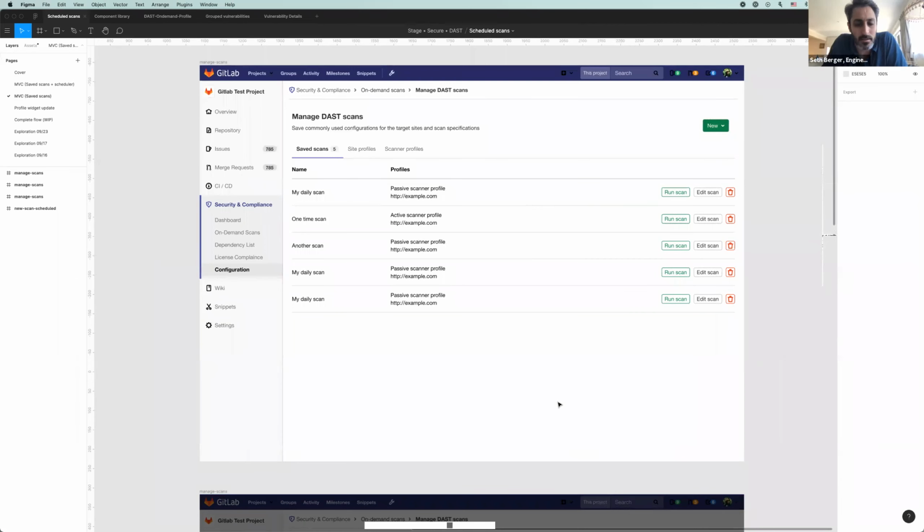Yeah, I think I understand, Neil, where you're coming from. I don't think this is a quick fix, because when we take the scan, we create kind of its own pipeline, and that pipeline is no longer connected to the profiles or to the site profile. And so I don't think it's easy to say this scan that we're looking at on this screen has been run 1 time, 2 times, 3 times. You also run into a data issue: you run it today, you have a pipeline, then you change the URL in that site profile. Is that profile run twice? Is it run once? Because that data has since changed.